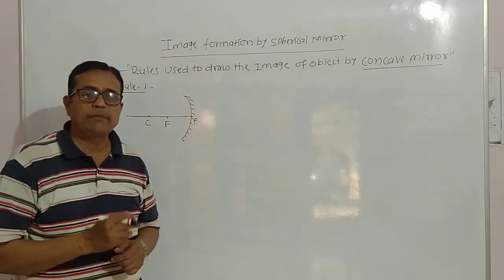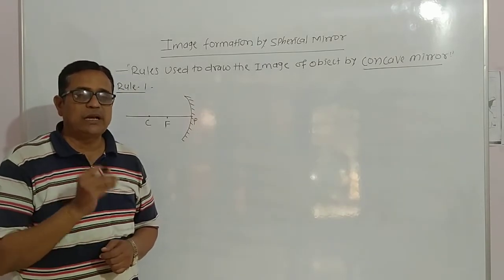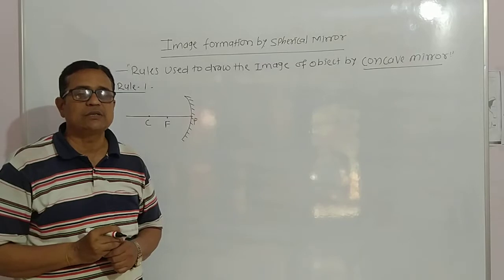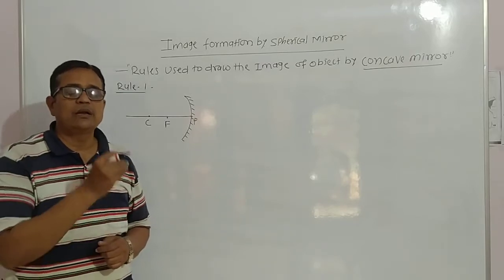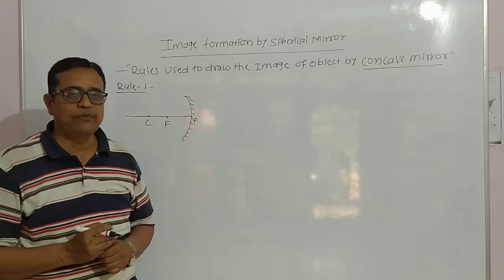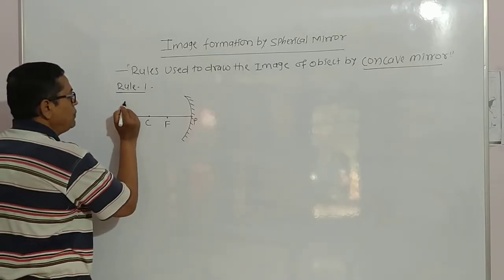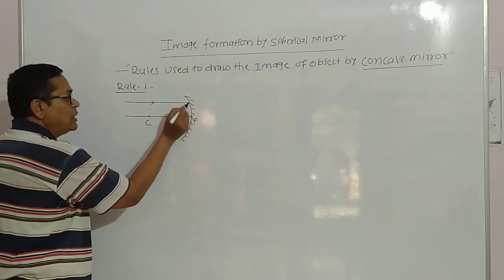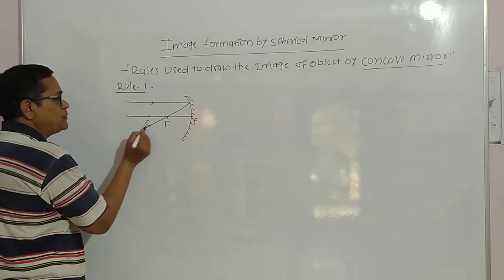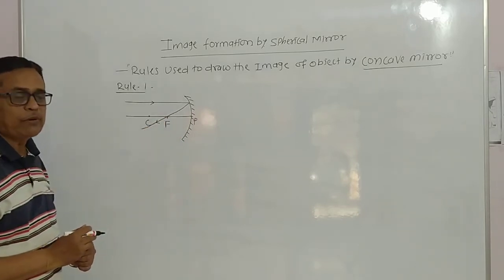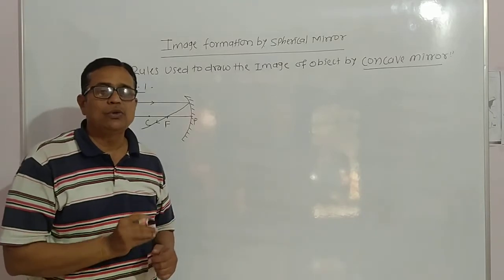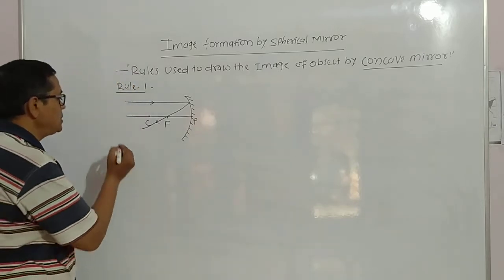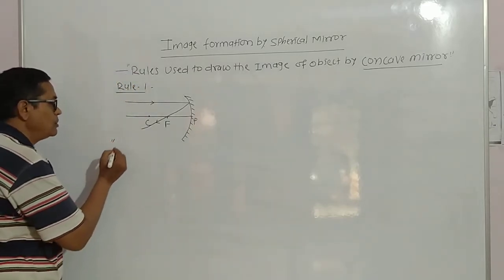when the incidence ray is parallel to the principal axis, meaning the light ray emitted from the source is parallel to the principal axis and is incident on the mirror, the reflected ray passes through the focus. That is rule number 1. And this rule number 1 is used in each and every diagram by using the concave mirror. Hence, it is necessary to write that rule.